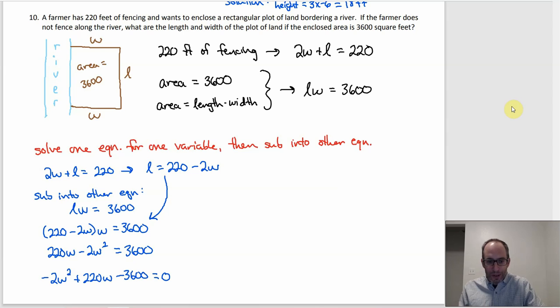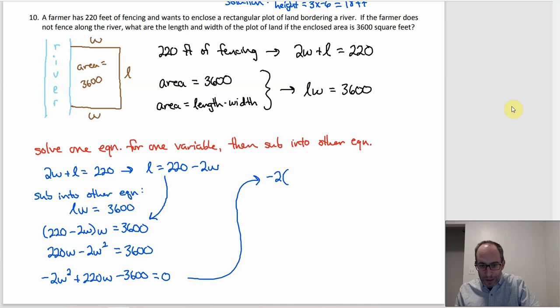And then this has a common factor, because all these coefficients are even. So I can factor out a negative 2. And if I do that, I'm left with W squared minus 110W plus 1,800 equals 0. And then zero product property, the negative 2 is not going to be 0, so it must be